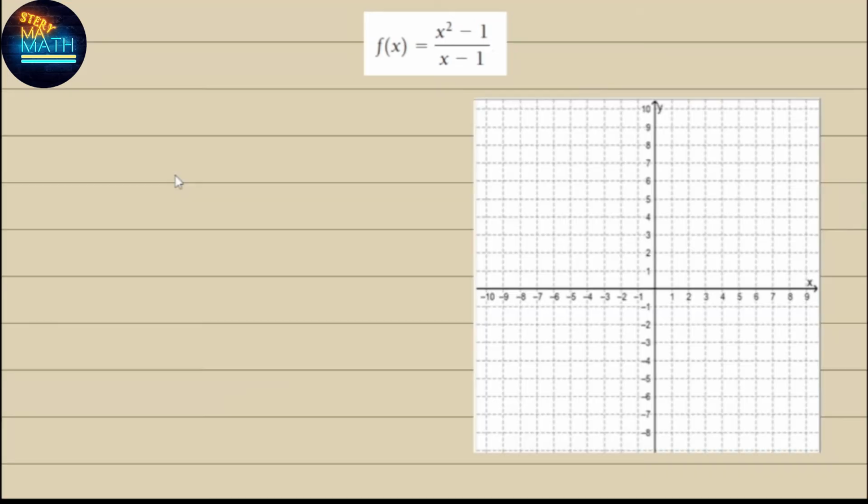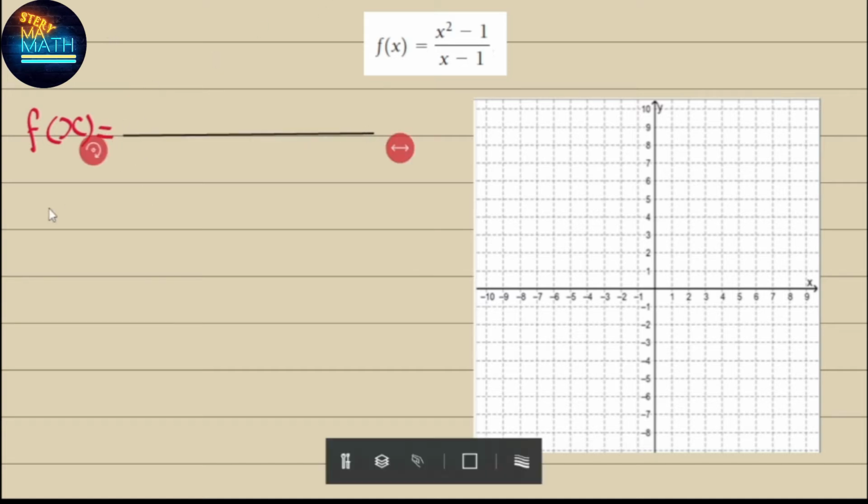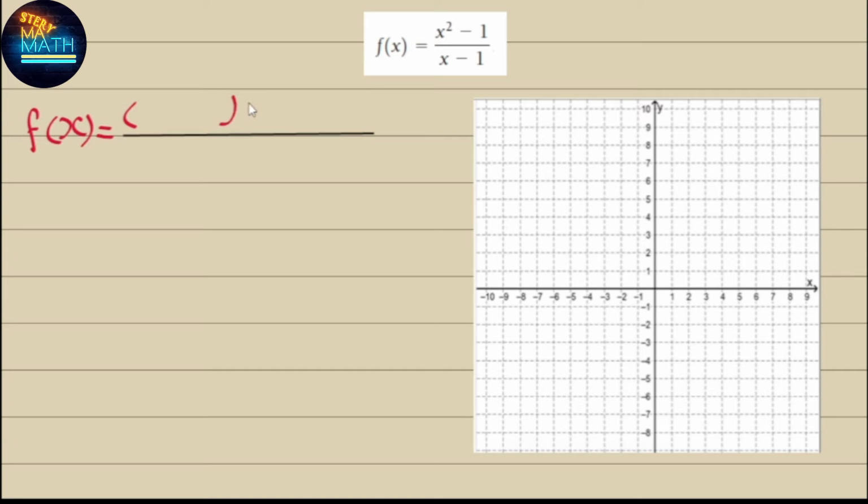Let's try and solve this problem from the graph, and we want to check if it will be the same answer or not. Now if you want to factor the numerator, you can do so. x squared minus 1 you can factor as x minus 1 times x plus 1 divided by x minus 1. Now x minus 1 and x minus 1 will be cancelled, so f of x equals x plus 1,